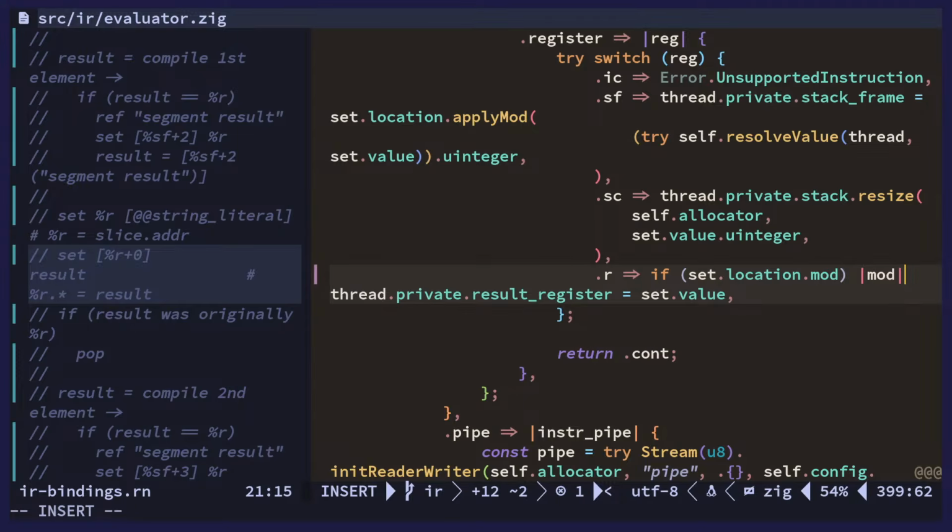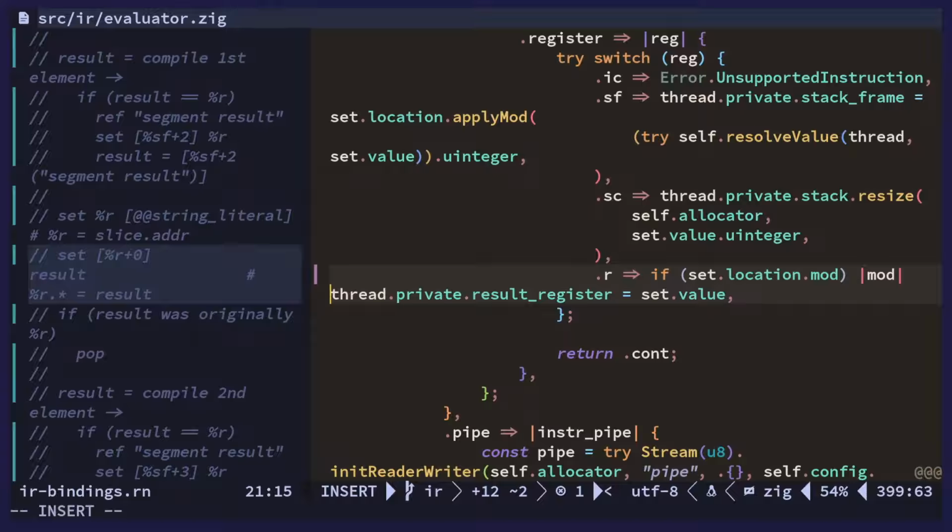If we have a mod, let's treat it as a dereference. See, this is what I mean. Now we're getting into spaghetti land, because we're adding these things instead of fundamentally solving the issue. I'm adding these things here. But yeah, if it's a mod, we can assume we're going to dereference this. So